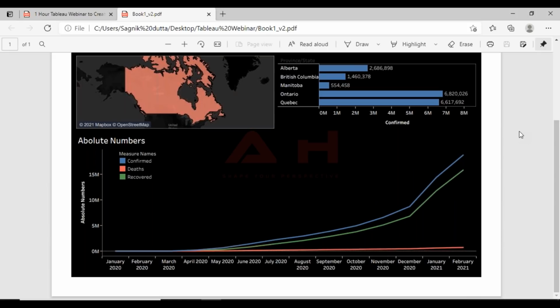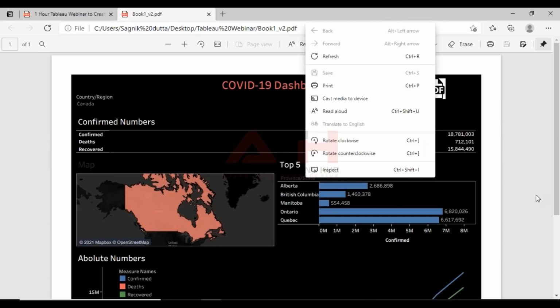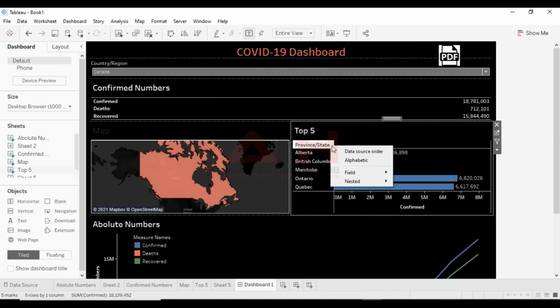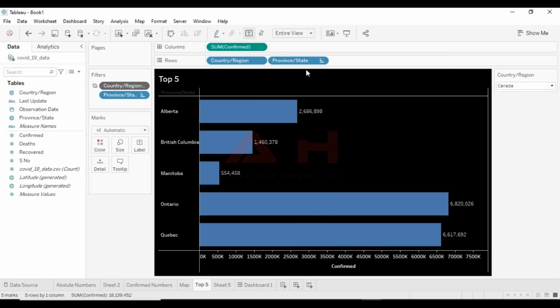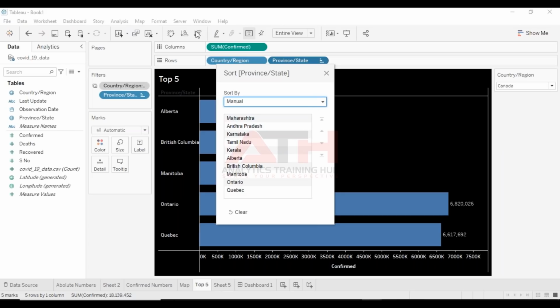Okay, so I see Tamil and Ratna have some questions. From Tamil, there's a question: how to fix the sorting to descending on a bar chart. So Tamil, all we can do is, okay, sorry, this is my PDF. So I have an option here. I need to go to this particular view, and I can select my sort.